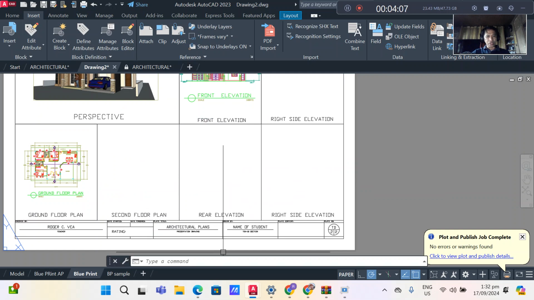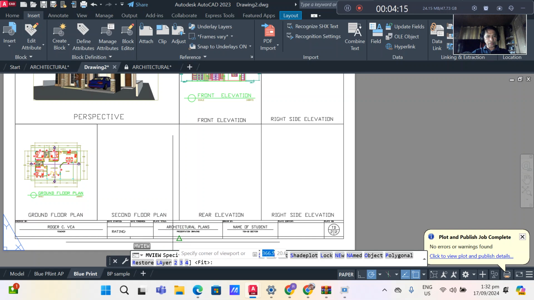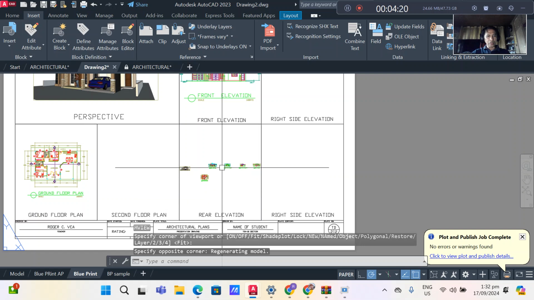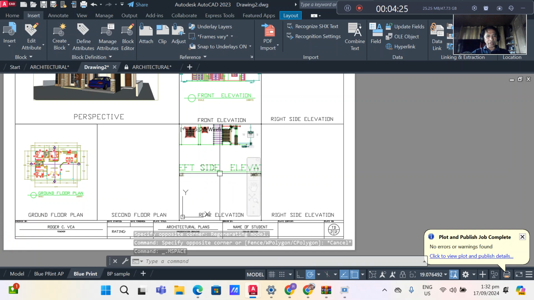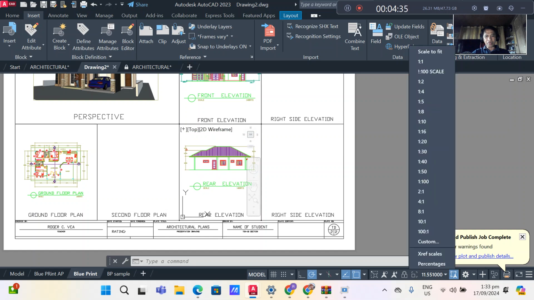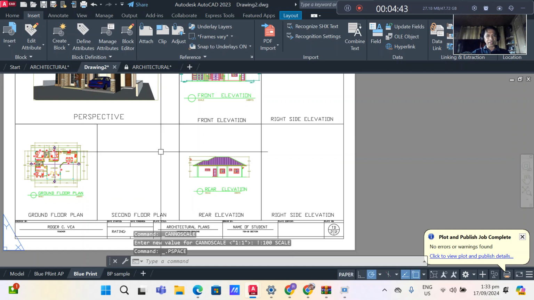So the same command, MView, then the corners, and then double click, then look for the rear elevation, or simply give the scale here 1 is to 100 scale. So that's the 1 is to 100 scale, then double click.